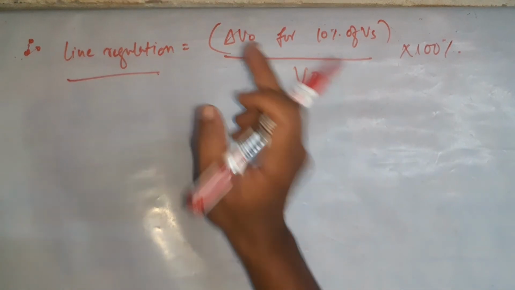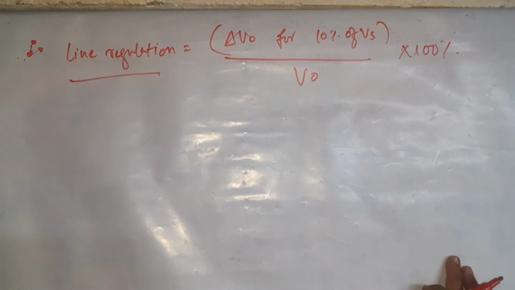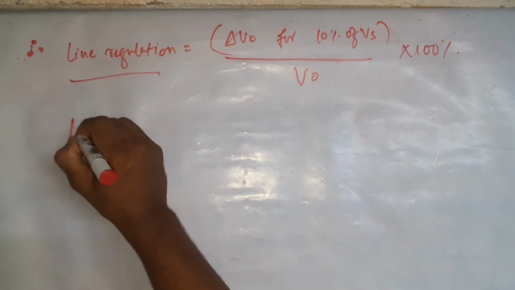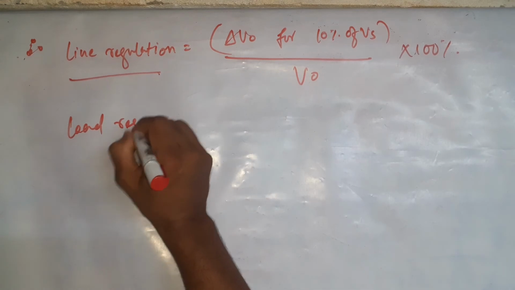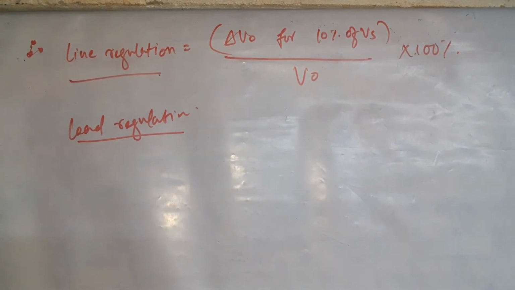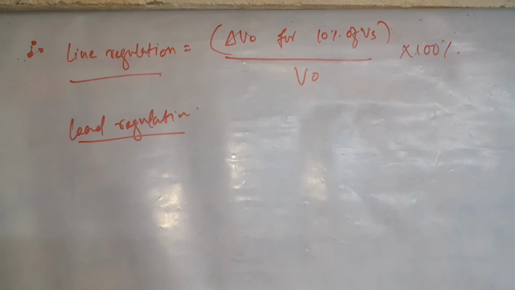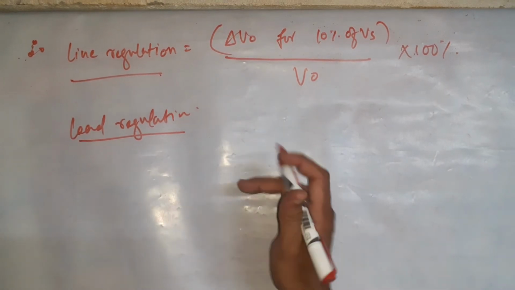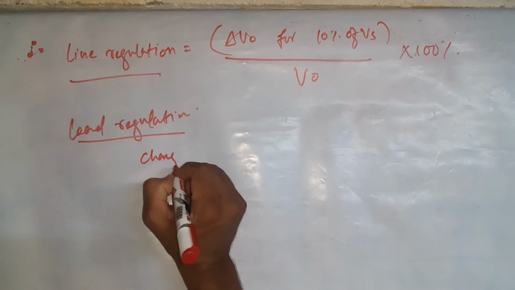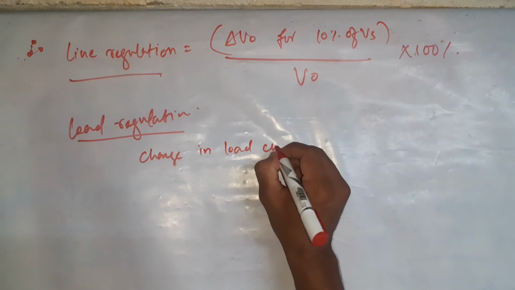So this is the meaning of change in output voltage for every change in supply voltage. Similarly, we have load regulation. What is load regulation? A change in load current affects the output voltage, right? A change in load current causes a change in output voltage. So I can write, change in load current